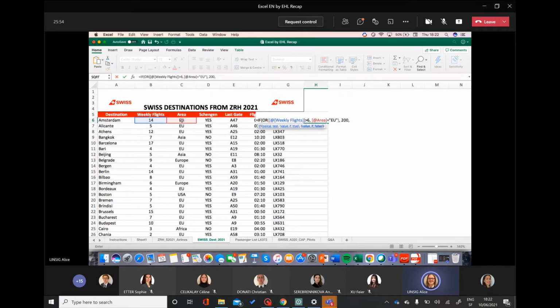And then we would have another if function. Because then they ask us, they would have 250 of tax if the weekly flight is inferior to 20, and if the flight time is inferior to 3 hours and 10 minutes. So here we would need to use the function and as well. So weekly flights should be inferior to 20. And the flight time,